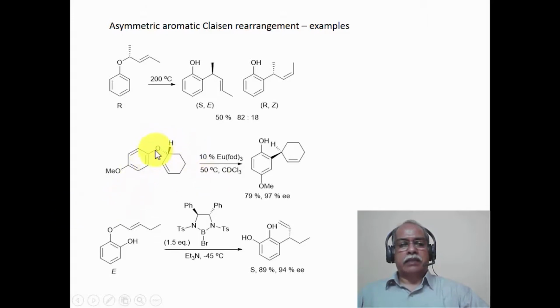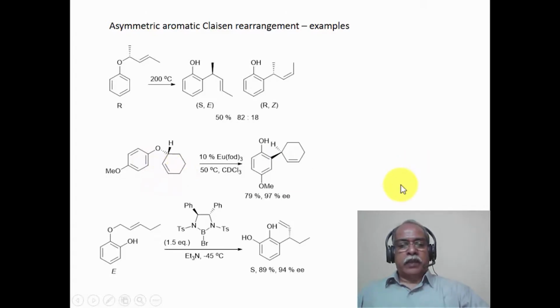The reaction is essentially, this is a phenyl allyl ether. So the carbon-carbon bond formation takes place between this carbon, which is the ortho carbon, and this particular carbon, which is the allylic terminal carbon of the allylic system. In the process, you can see the well-defined stereochemistry of the starting material resulting in the formation of a very well-defined stereochemistry of only one enantiomer. The reaction yield is about 79%. The enantioselectivity is about 97% corresponding to this particular configuration, which can be explained on the basis of a 3,3 sigmatropic rearrangement involving a suprafacial migration of the carbon over here to generate the new chiral center at this particular